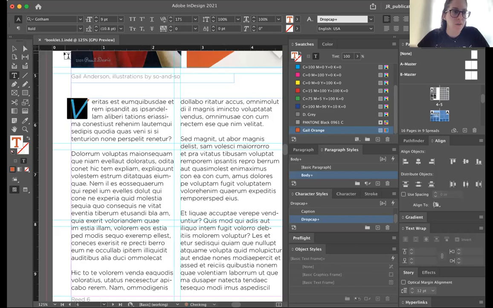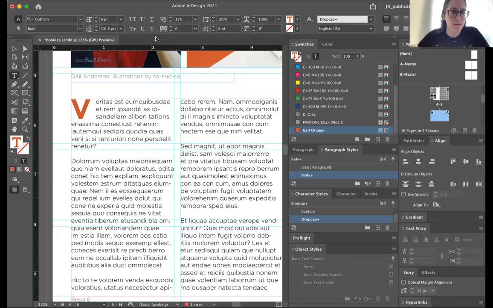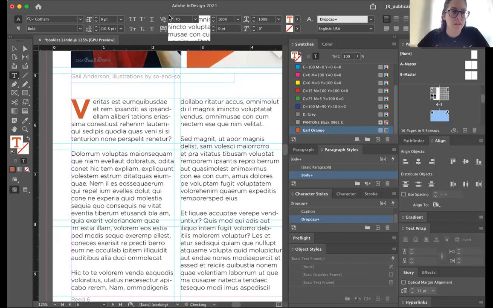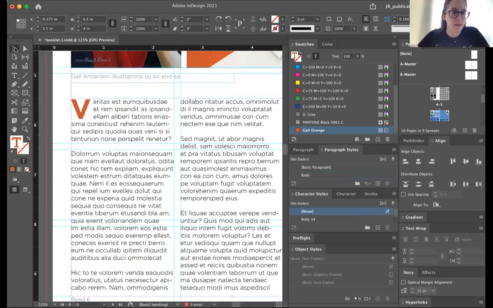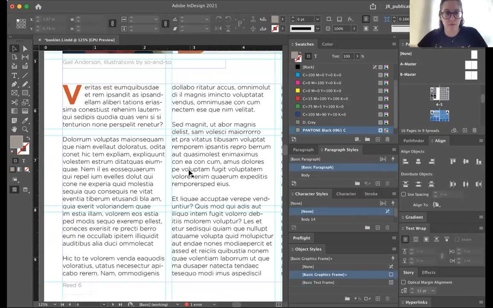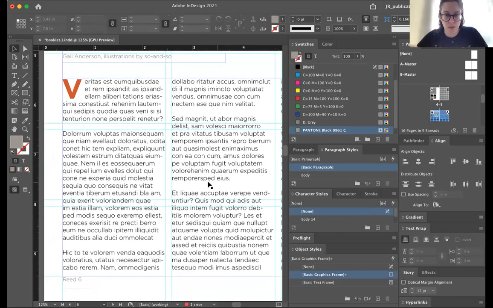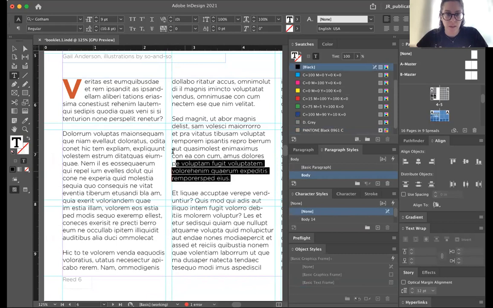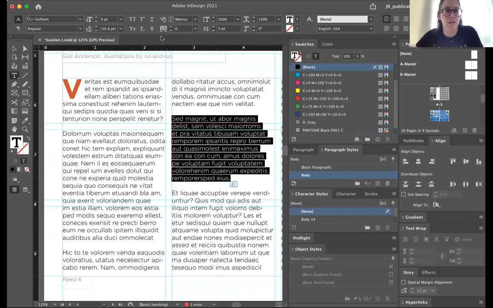Or we could do bold, right? And then you can see this kerning, the space between the letters, is a little weird. We want to try to avoid widows, which are 1 word on the final line. You always want it to be at least two words. So let's say this was,